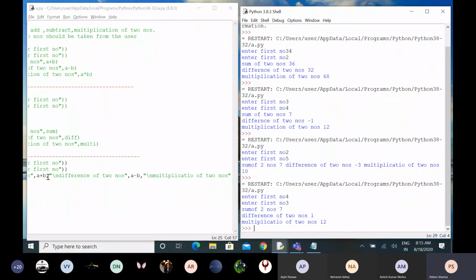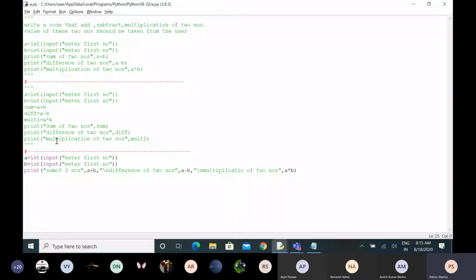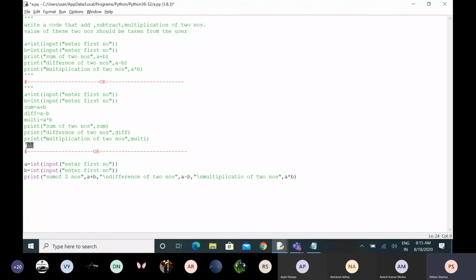By using a single line, you can use the same concept here. Understood? Now please note down the code on your register. All these are the different ways. The output will be the same in all the codes. Just note down the code on your register.